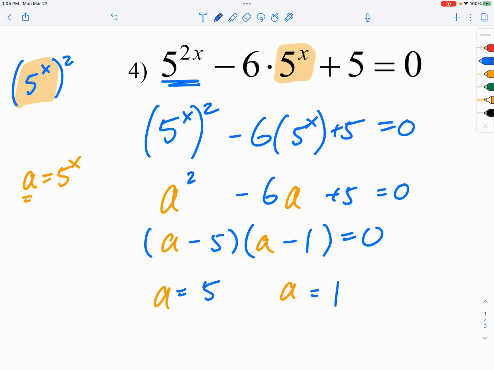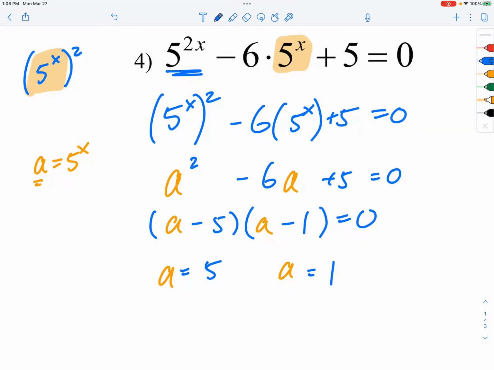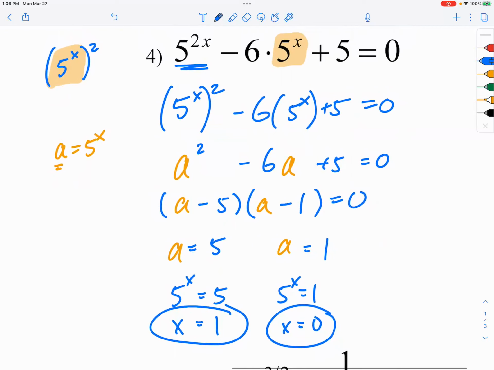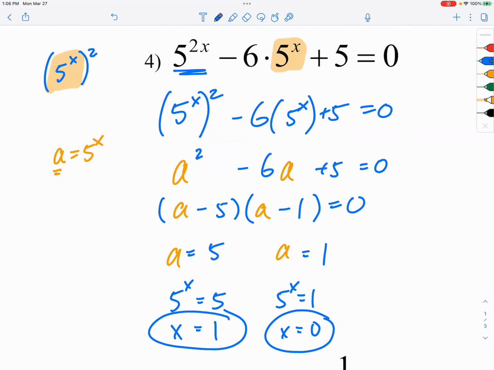And just to make sure that your goal is not just finding a, your goal is to find out what x is. So you say 5 to the x is equal to 5, and 5 to the x is equal to 1. So therefore x is equal to 1 and x is equal to 0. Okay, so that's how you would look at this very specific type of question that involves some quadratic factoring. Okay,